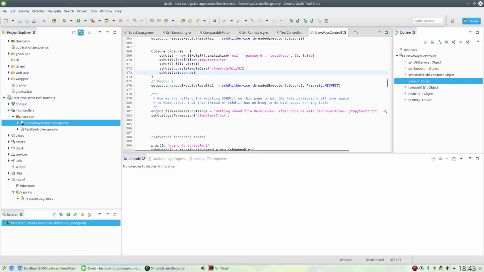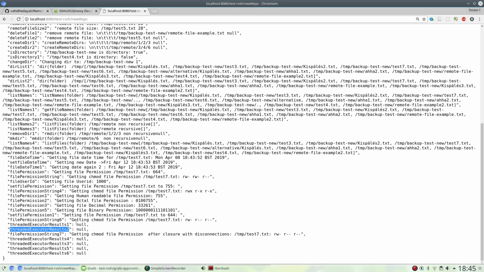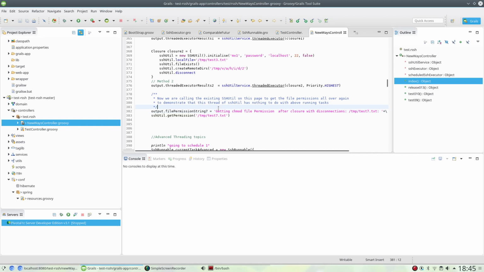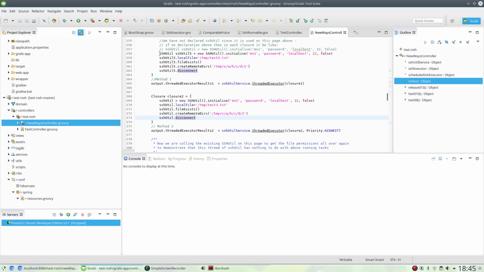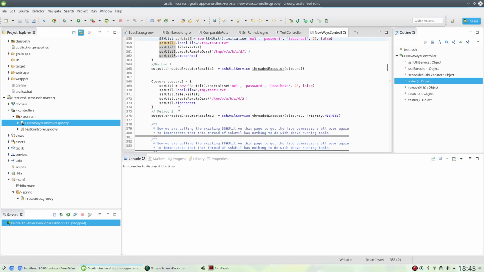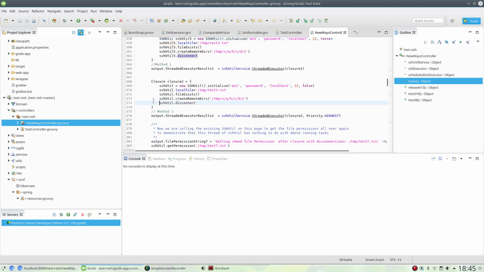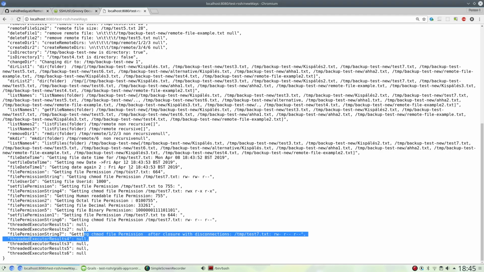So that's got executed and the disconnect's been run, but then I've run get file permissions again and it's given me the file permissions. All I was trying to say was that I think it's because I've reused the variable on the page, and if I correct it like this one, everything will be fine. But I didn't want people to think, oh, why is it disconnected and why is it working there? Anyhow,